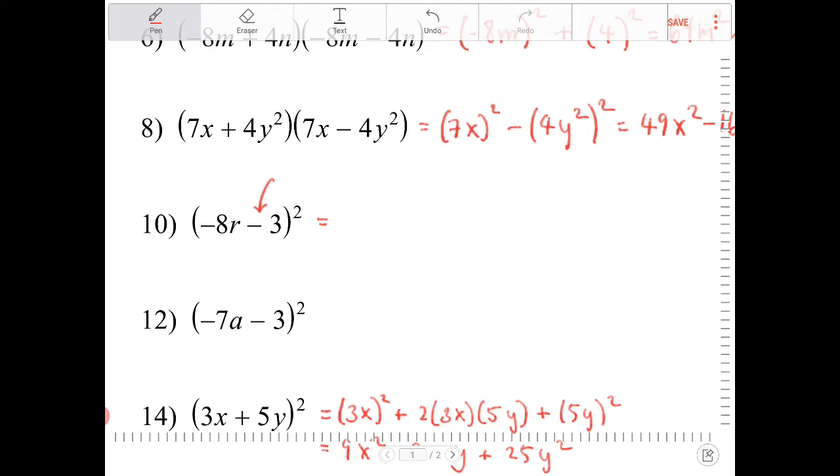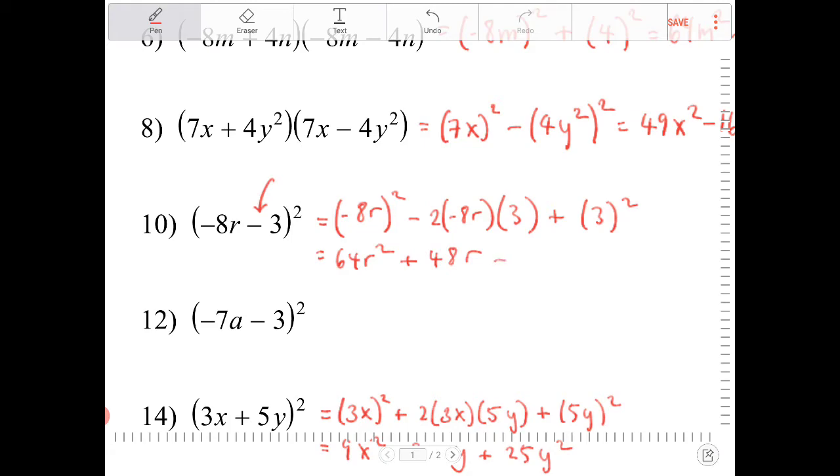So let's do that actually. Let's apply that perfect square in that difference form. This is going to be (negative 8r) quantity squared minus 2ab, right? So it's going to be 2 times negative 8r times 3 plus 3 squared. And if I simplify this, I'll end up with 64r squared plus